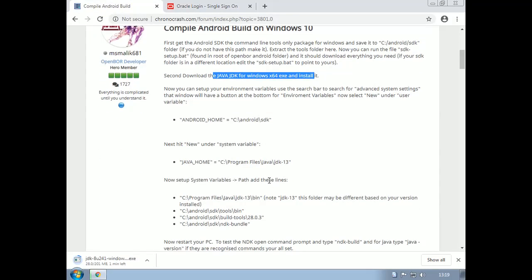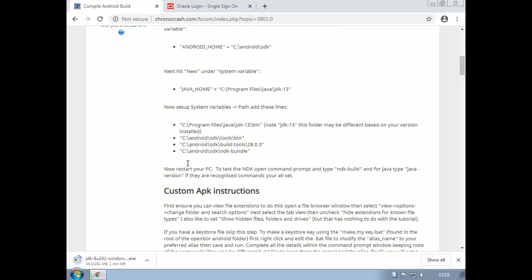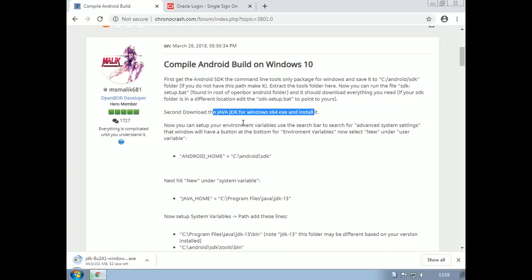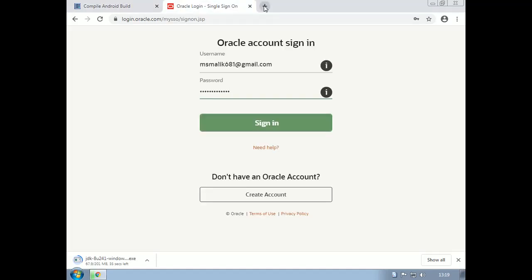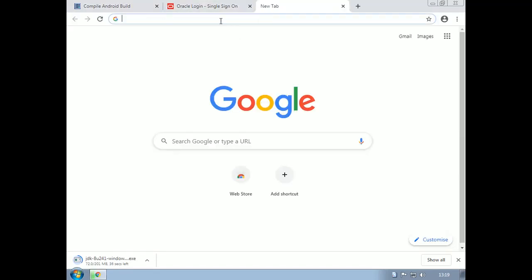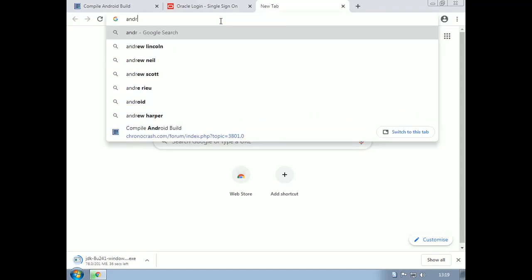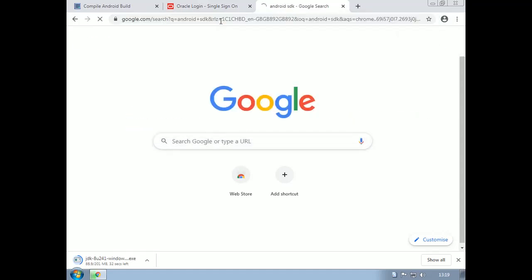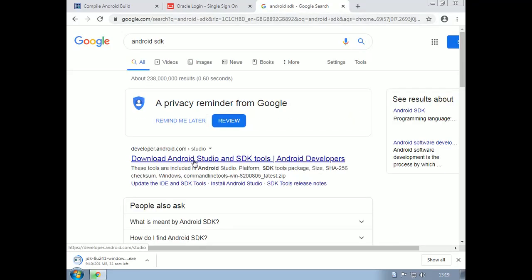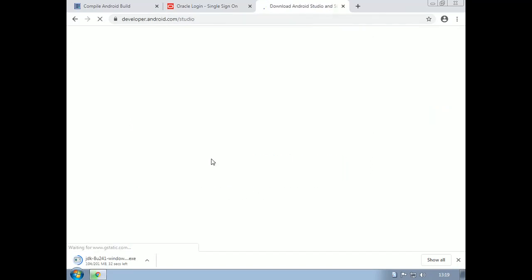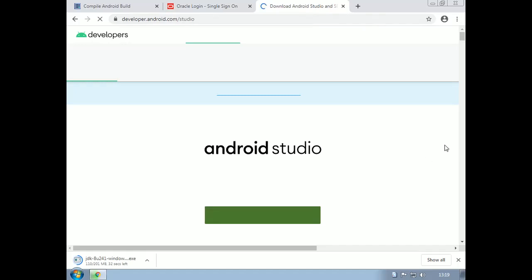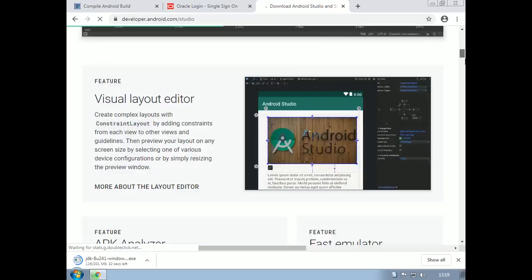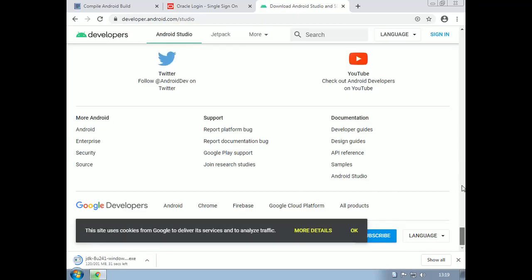There's something I need to touch on and apologize for. So the command line tools for the Android SDK, command line tools only package. So if we go to this Android SDK, so just search for Android SDK, you'll find the SDK Studio download. It's always at the bottom of this page, you'll find the tools. So if I go to the bottom of the page, if it ever loads,